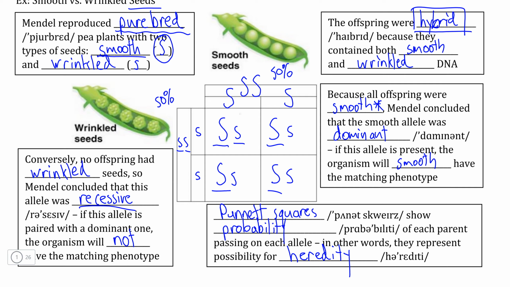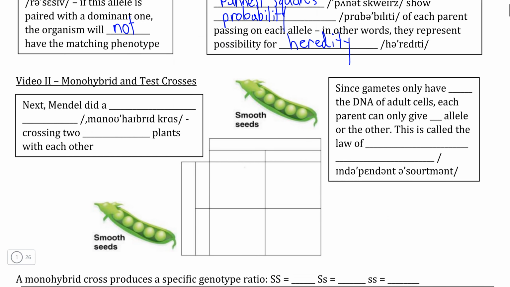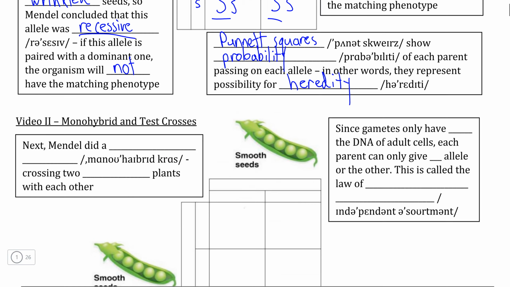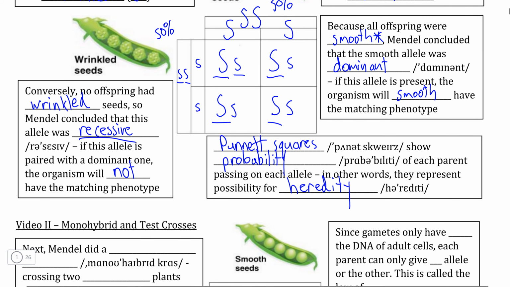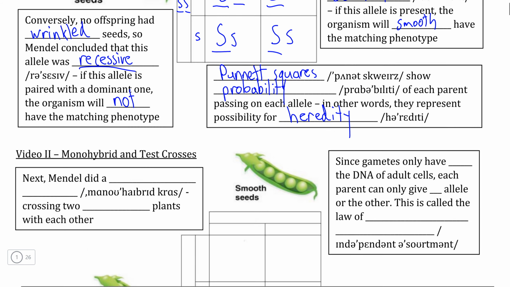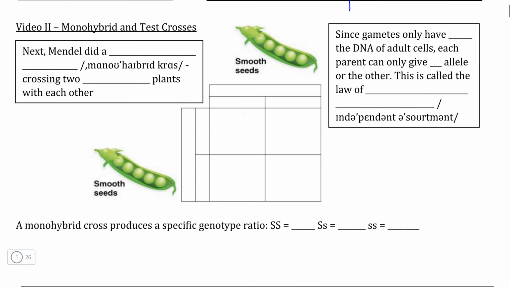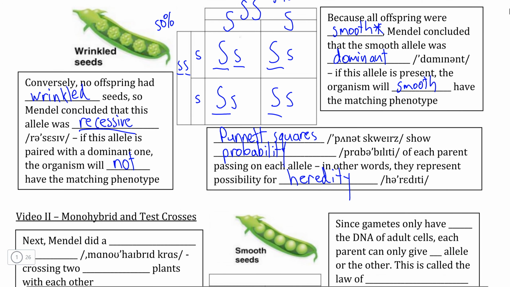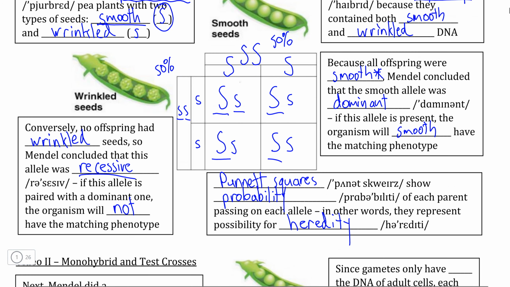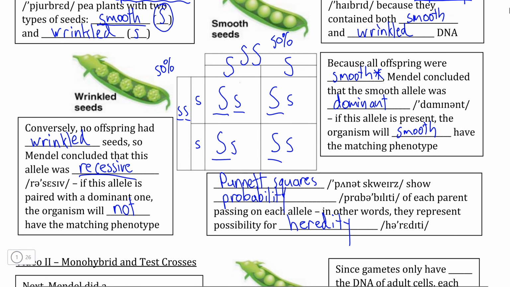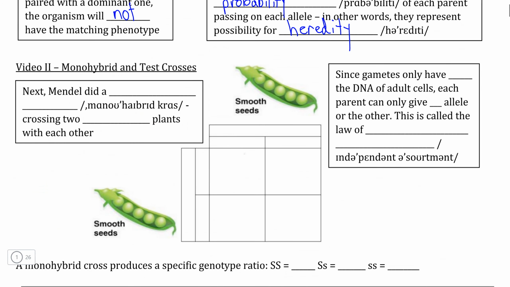In the next video, what we're going to look at is what Mendel did following this in order to further reinforce that certain alleles are dominant while certain alleles are recessive. And what Mendel did, as we'll see in the next video, is taking the organisms that he produced during this first round of reproduction and what happened when they were made to reproduce.